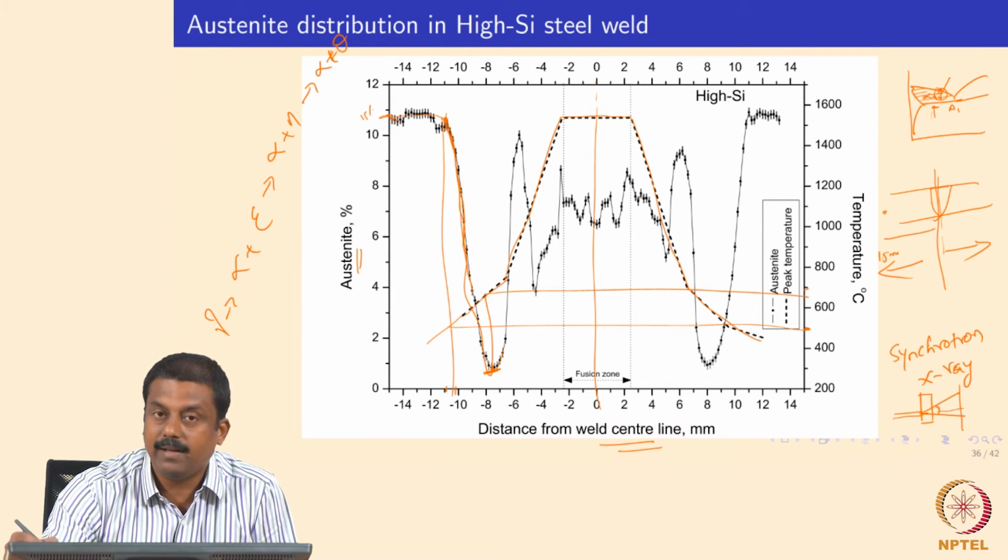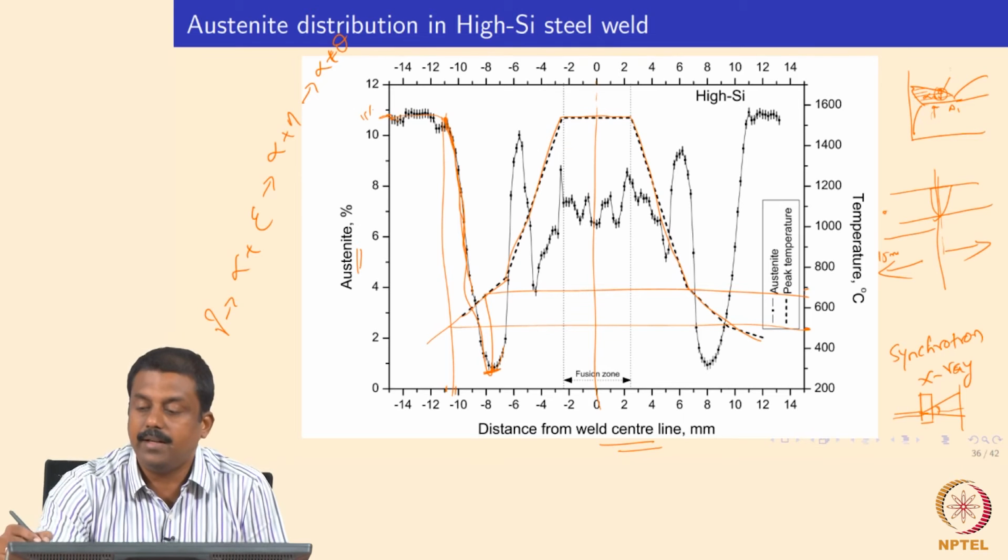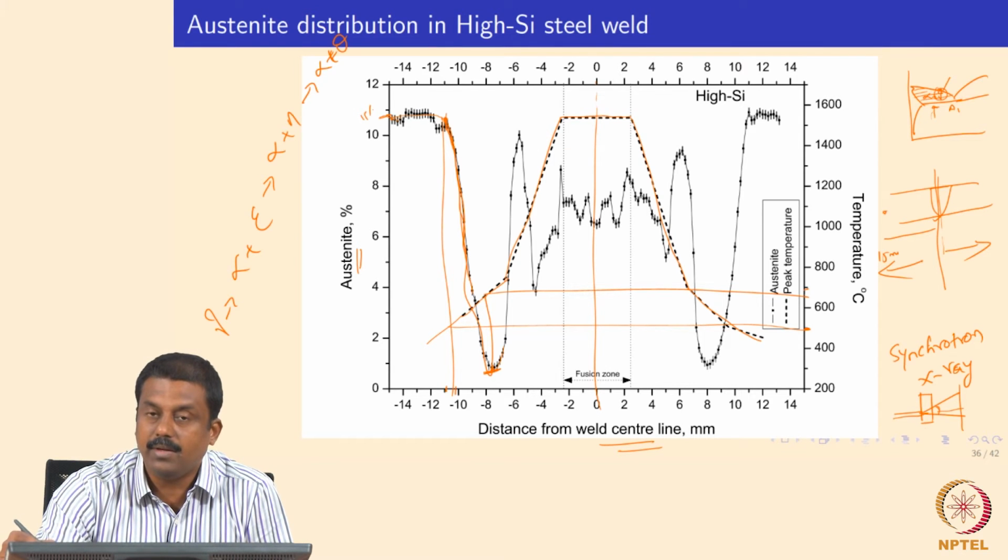As I already explained when I was explaining the TRIP steel heat treatment, the moment the temperature reaches the intercritical temperature, the austenite in the sample would start to get enriched in carbon because of the partitioning of carbon between the coexisting ferrite and austenite. This is the C alpha line, C gamma line, right. So the moment your temperature goes to the intercritical temperature, your austenite would start to get enriched in carbon.